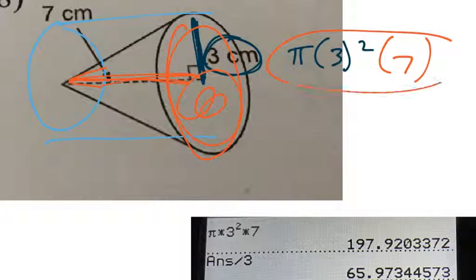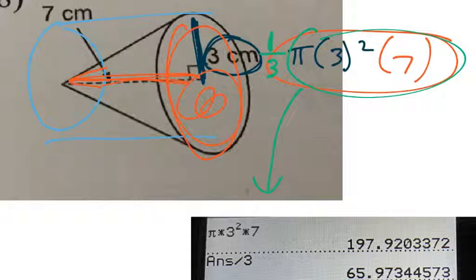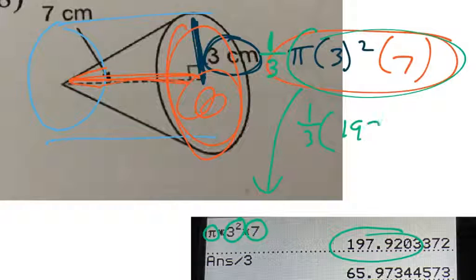So this is going to give me my cylinder. And then all I have to remember to do, guys, is take 1/3 of this. So if you look down here, you'll notice I did pi times r squared times the 7, 3 squared times 7. So this would be the volume of the cylinder. And then I needed to do 1/3 of that, 197.92. And I did it by dividing by 3. So my final result is